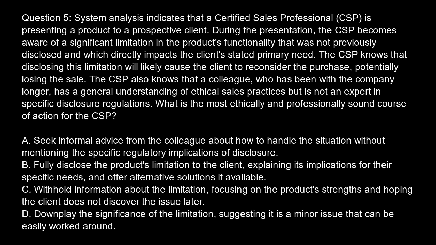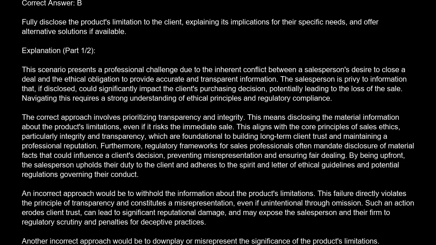Option C. Withhold information about the limitation, focusing on the product's strengths and hoping the client does not discover the issue later. Option D. Downplay the significance of the limitation, suggesting it is a minor issue that can be easily worked around. The correct answer is B. Fully disclose the product's limitation to the client, explaining its implications for their specific needs, and offer alternative solutions if